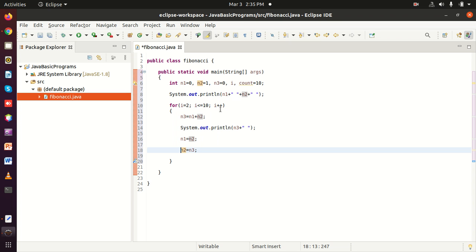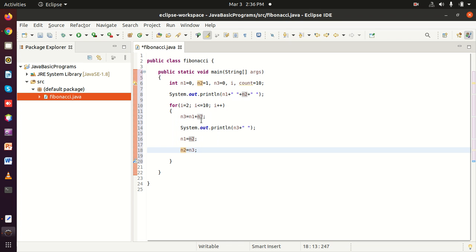So first 0 and 1 have already been printed here, and now for the third number, n3 equal to n1 plus n2.